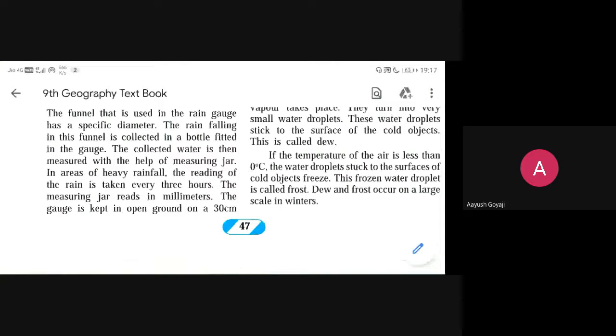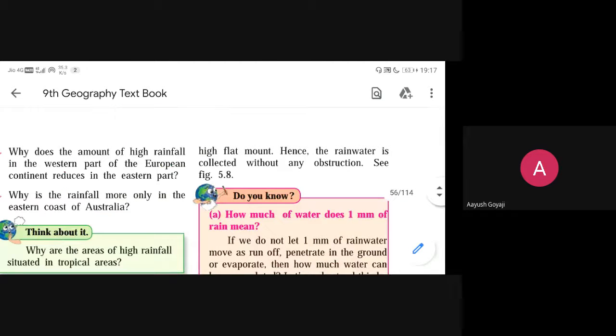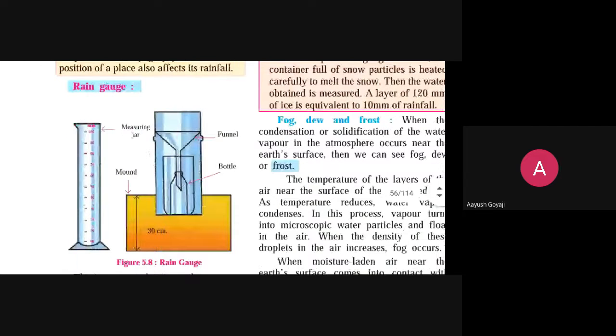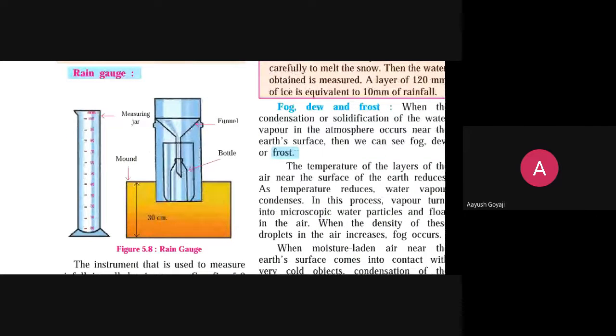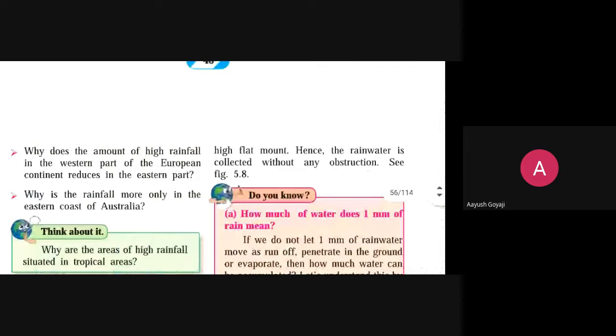We have seen that in the area where there is very heavy rainfall, we measure the rainfall every 3 hours. The measuring jar reads in millimeter. The gauge is kept in open ground on a 30 centimeter high flat mount. ओके, या ठिकाणी तुम्ही बघू शकता की 30 सेंटीमीटर हाईटवर म्हणजेच 1 फूट उंचीवर हा जो काही जार आहे किंवा ही जी काही अरेंजमेंट आहे ती ठेवली जाते एका माउंटवर. Hence the rain water is collected without any obstruction. यामुळे काय होतं, जे रेन वॉटर आहे ते विदाउट एनी ऑब्स्ट्रक्शन कलेक्ट केलं जाऊ शकतं. ओके,